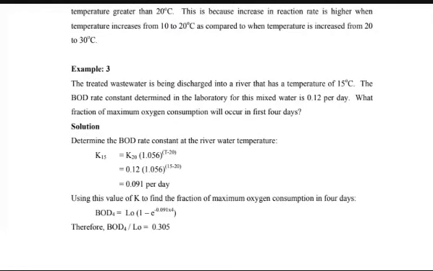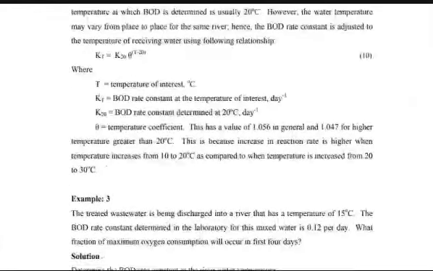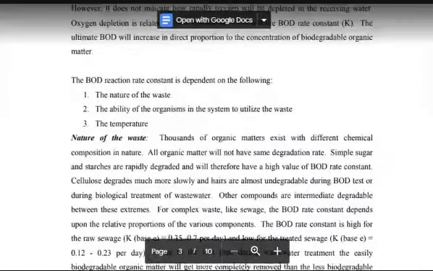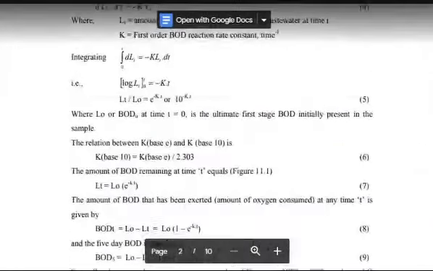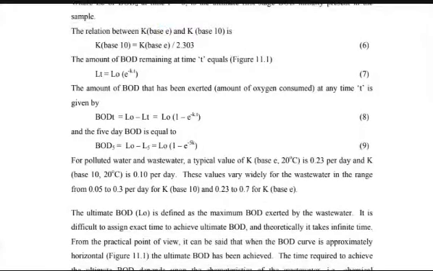What will be the maximum oxygen consumption? It means you should know the value of the BOD after 4 days. Ultimately that is the meaning of it. So first we would like to calculate the value of K. Why are we calculating the value of K? Because K is essential and we need to know the value of K. If you have the formula, I am showing you the formula. So what is the formula to calculate the BOD? We have the formula, it is this one.